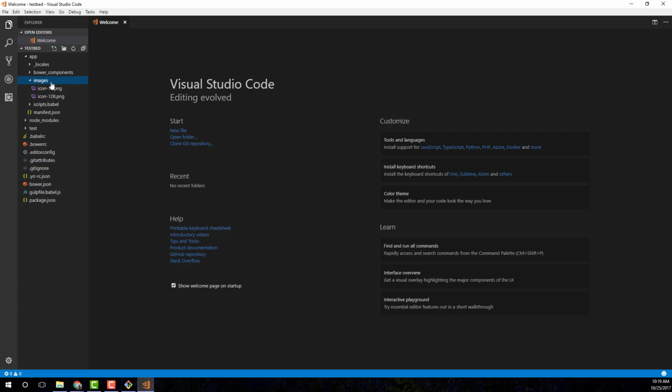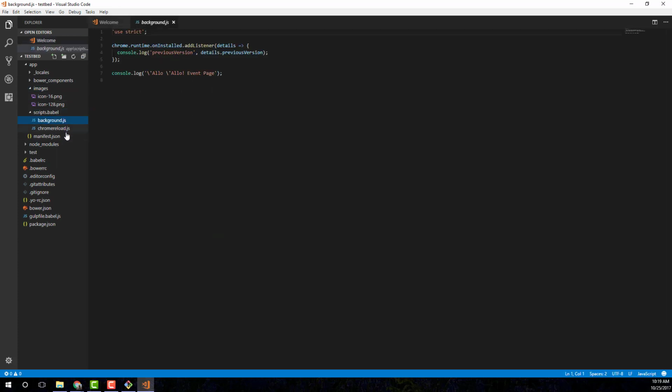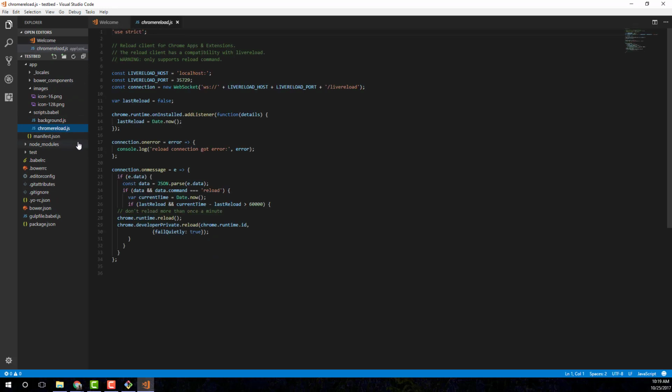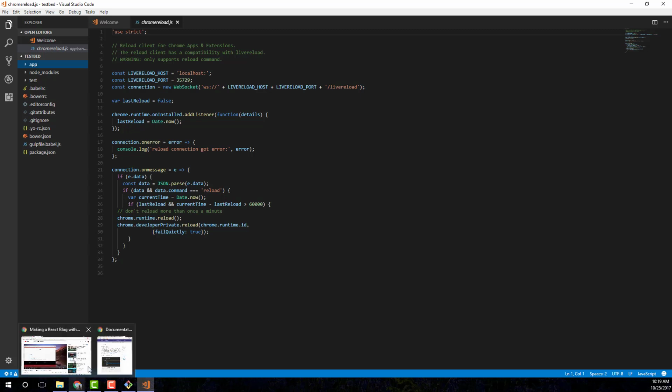Where do we have our project here? You've got a background.js file, chromereload.js, you've got a folder for your tests, and yeah, so you can just actually start this with gulp,